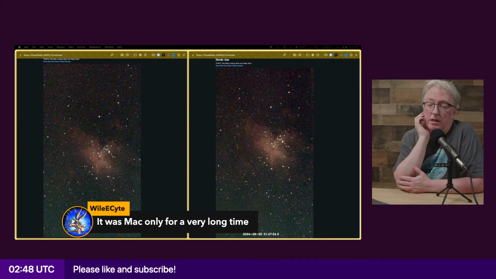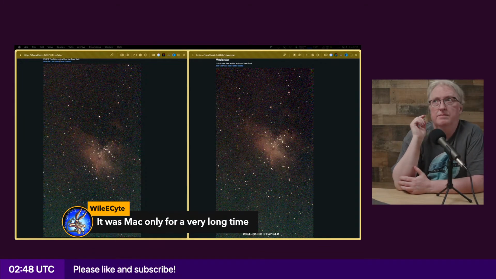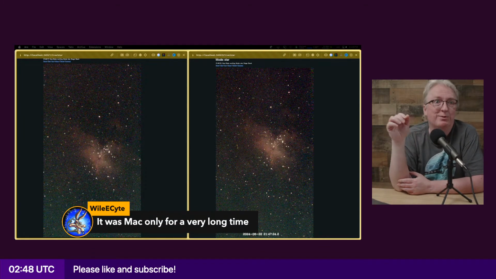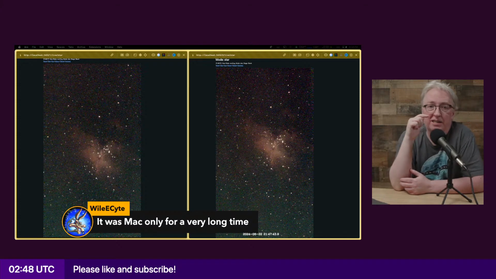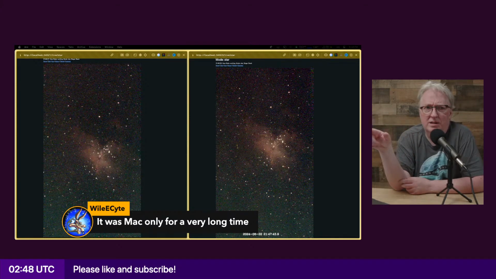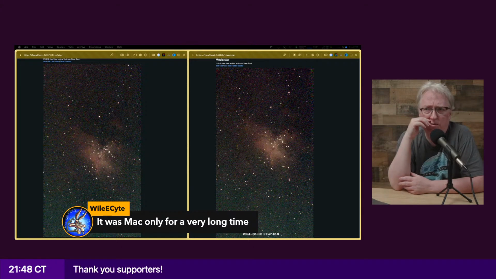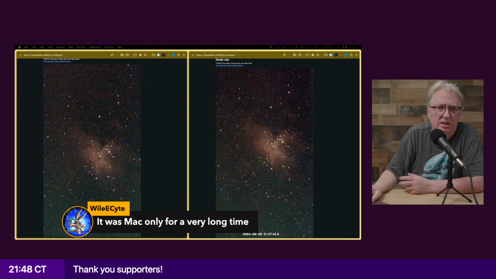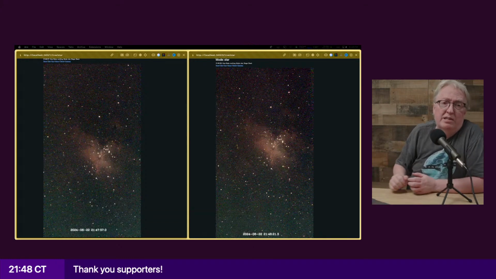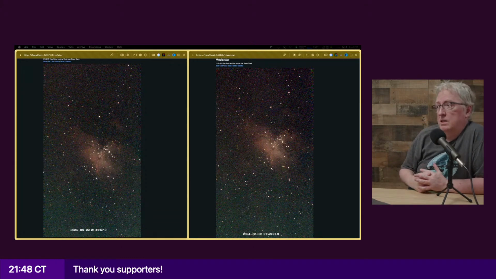Yeah, Arc browser was Mac only for a long time, and I think it was because they wrote it in Swift. Even though you can get Swift to compile on Windows, all the libraries they were using were Mac specific, so it sounds like it was a big effort on their part to get it working on Windows.